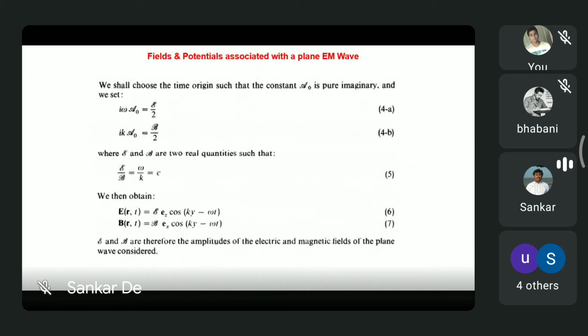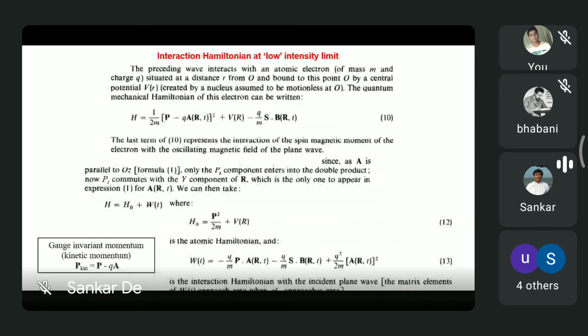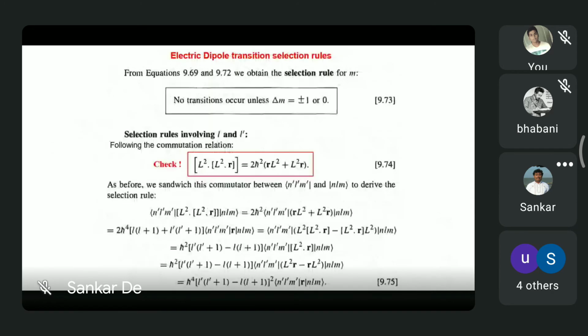Therefore, we can replace the i k A0 term with B by 2. And we also have two real quantities E and B, the amplitudes of the electric and magnetic fields, and omega by k is equal to c. So we will also use this relationship, E by B is equal to c. Just using these two relationships,